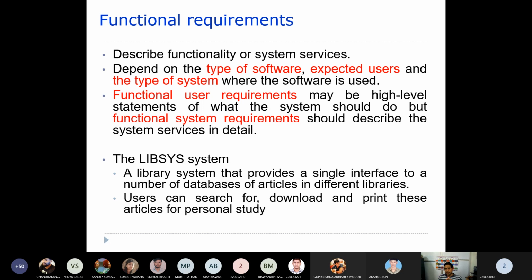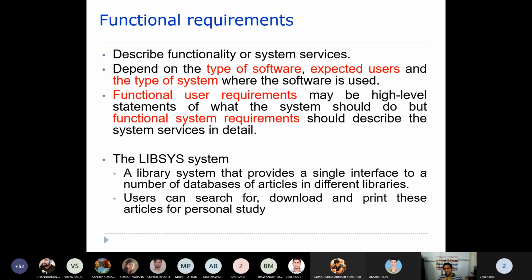And the type of system, I mean, where this is being used, the application domain area. As I told you, banking: the software may be used in the banks, or outside the banks. Maybe in case of an ATM, the software will be installed in the ATM machine, and then the customers of the bank are going to use that particular software.